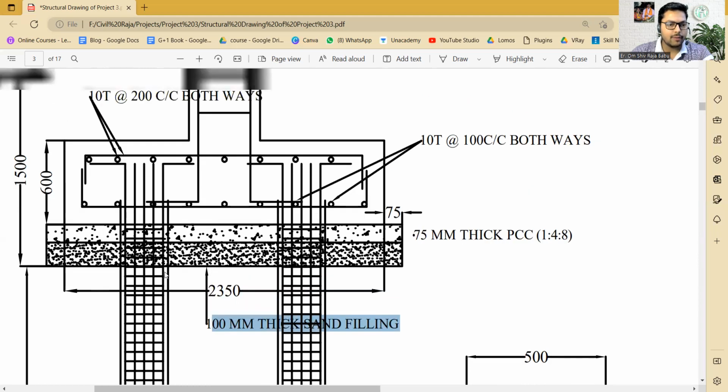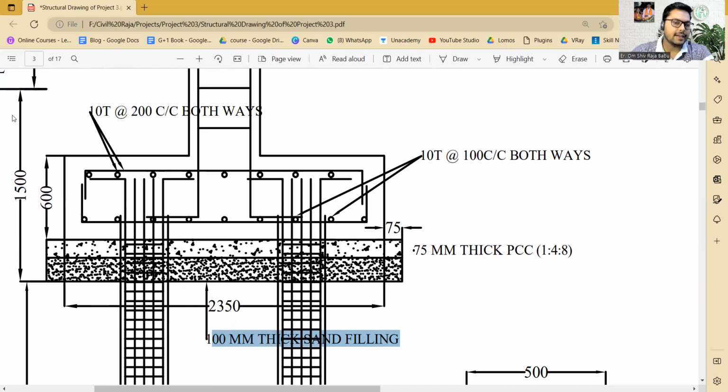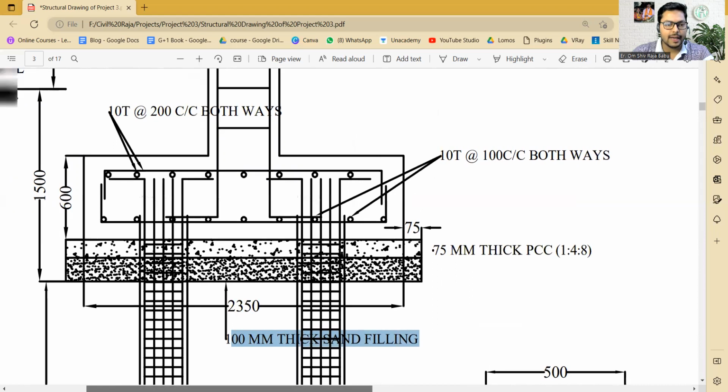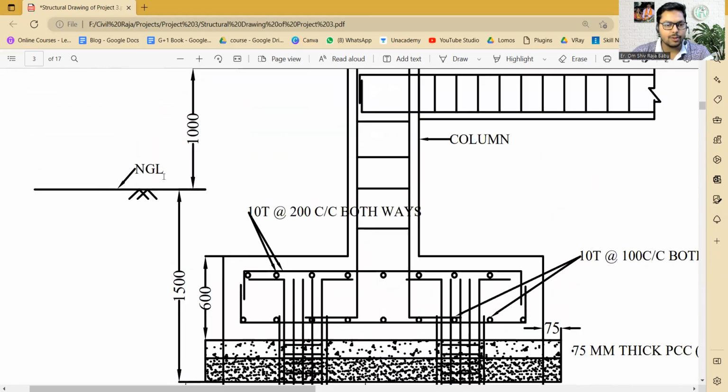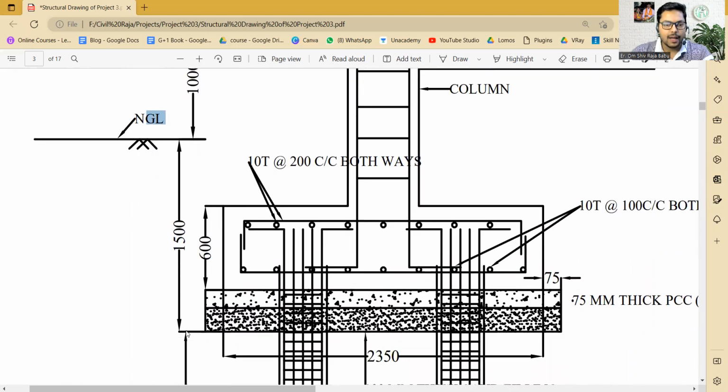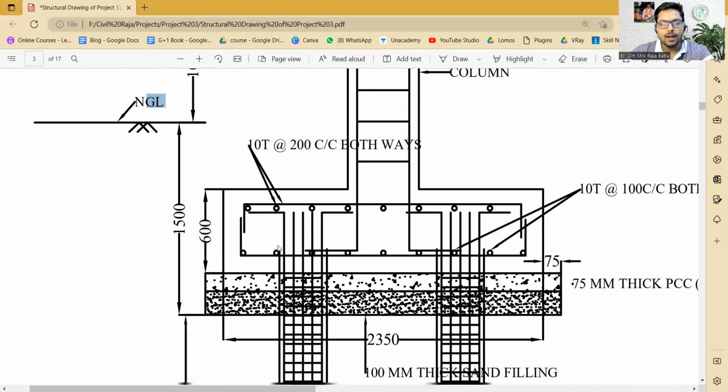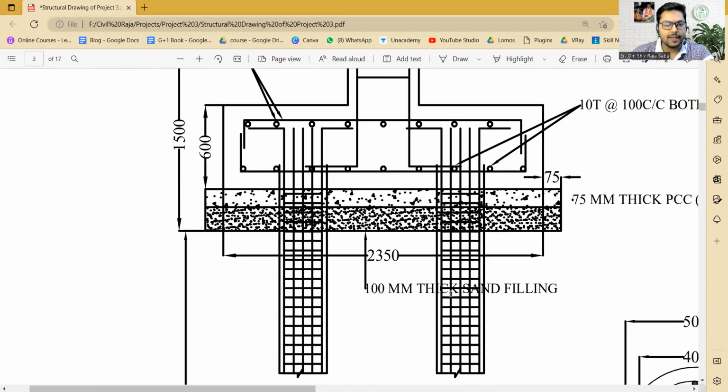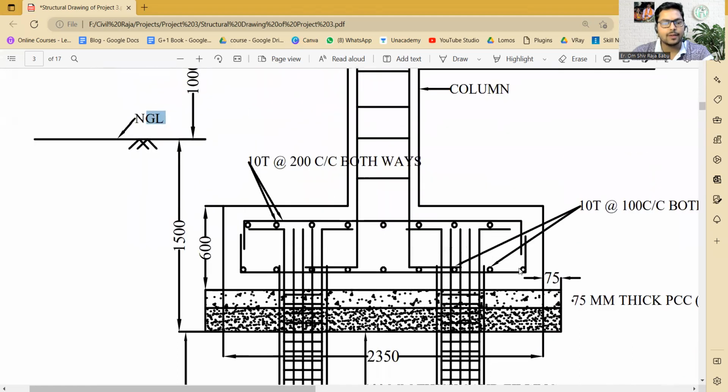Now this bottom level will be at a depth of 1500 mm from the ground level. That is one thing that we need to know. So this is the ground level, and from that we will go 1500 mm down. That means the excavation will be this much. Then we will go for a 100 thick sand filling, then a 75 thick PCC work, and after that we will construct a 600 thick pile